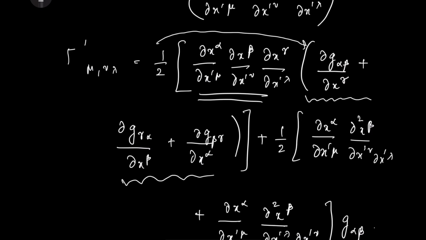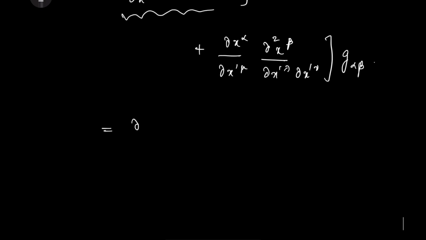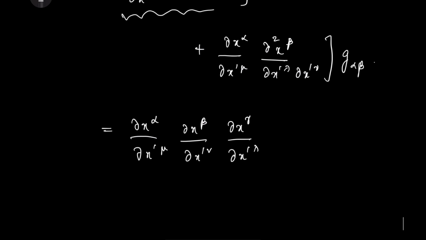The definition of Christoffel symbol of first kind is half multiplied by the quantities in this bracket. So I can write x alpha, x prime mu, x beta, x prime mu, x gamma, x prime lambda, Christoffel symbol of alpha beta gamma, plus